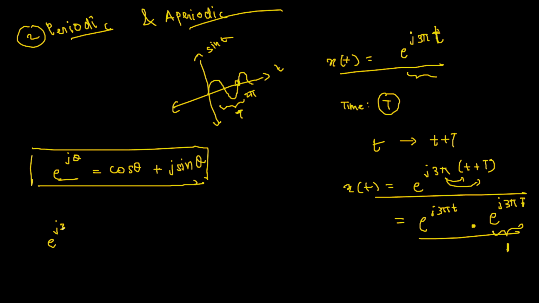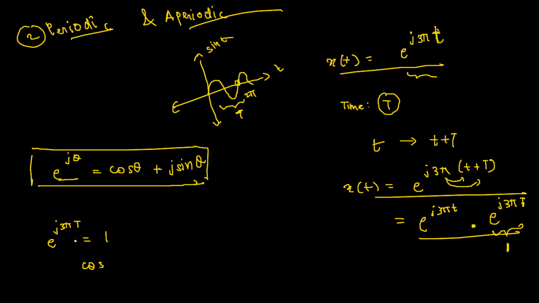Right? So e to the power j 3 pi T is equal to 1. So like I said, e to the power j theta is cos theta plus j sin theta. So let me write this as cos of